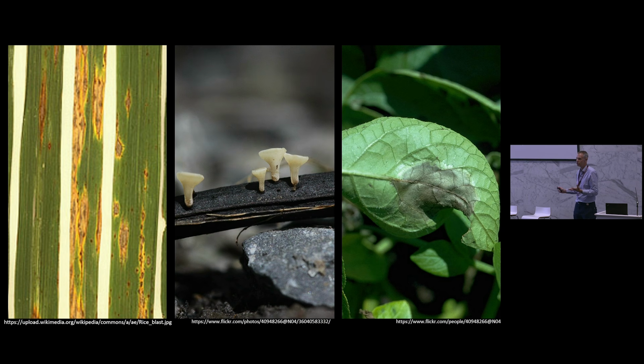But not all interactions are good. So microbes do also cause enormous damage. So here are three examples of microbes that are causing damage to crops or trees. On the left, this is rice that's been infected with something called rice blast. This is a fungus that causes enormous damage, and about a third of rice crops can be lost due to